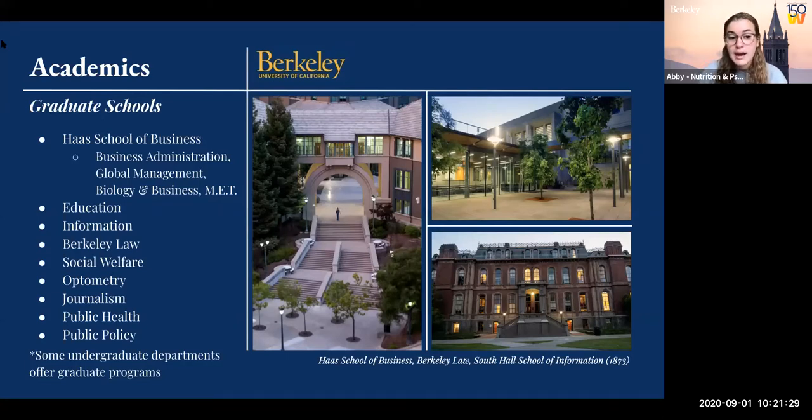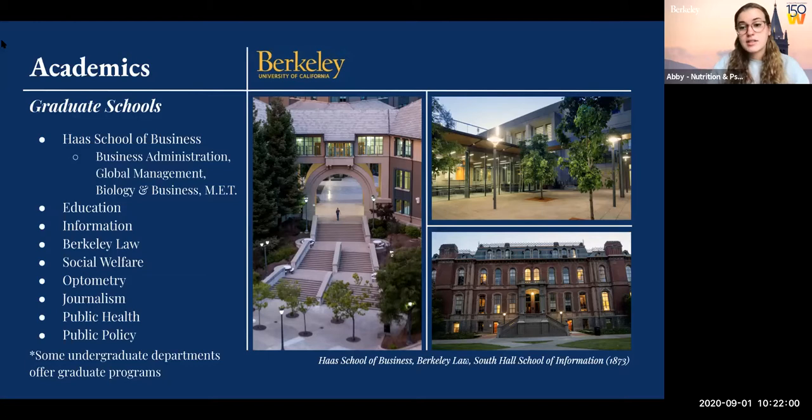But in addition to that, there is the Global Management Program that you might have heard about, where a lot of students will apply, and then the people selected will have their first semester of their time at UC Berkeley abroad in London, learning global management abroad, and then come back and be part of the Haas School of Business and get that degree, which is a really, really cool opportunity. And that is a direct way into the Haas School of Business as you apply as a freshman.